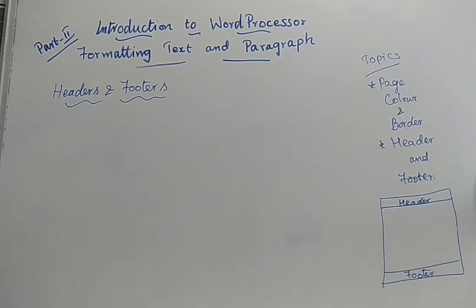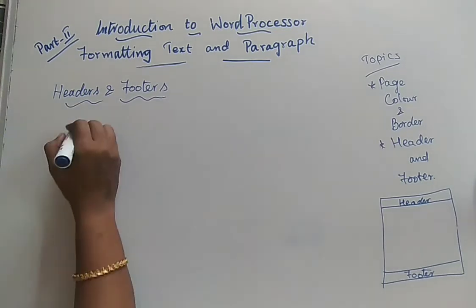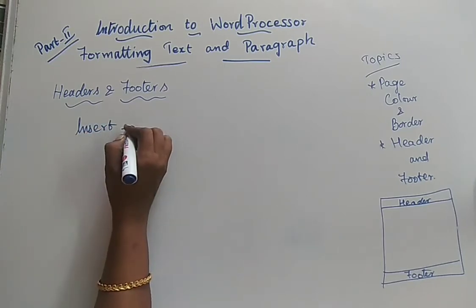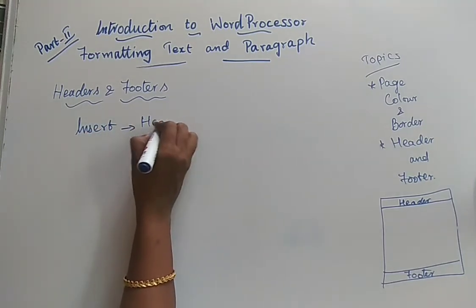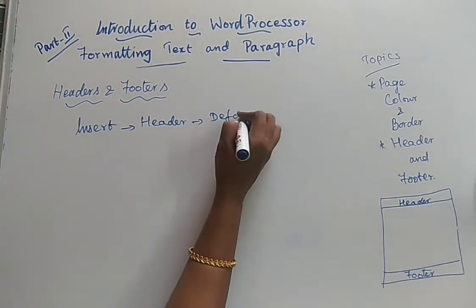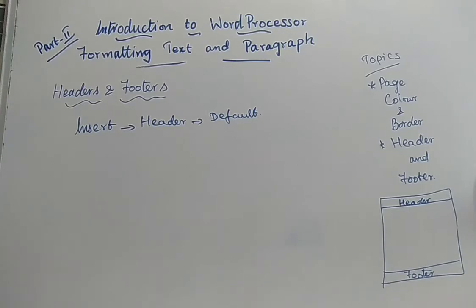Yes, for that what you have to do? From the main menu you have to click the insert menu. Main menu you will be having, no? In that you have to click insert. Next you have to click header. And next you have to click default. So in the menu bar, you know where the menu bar will be seen. So title bar, next you will be having your menu bar. In that menu bar, what you have to select? Yes, you have to select the insert menu. Immediately you will be having header. Next you have to click default.